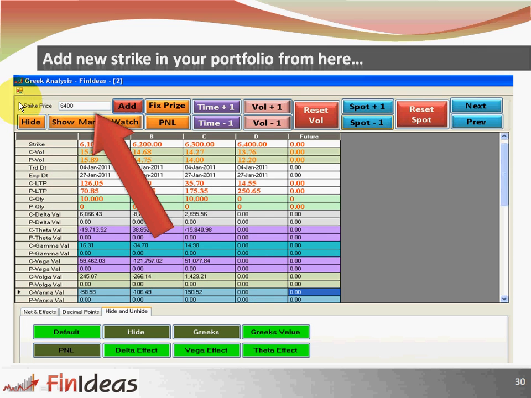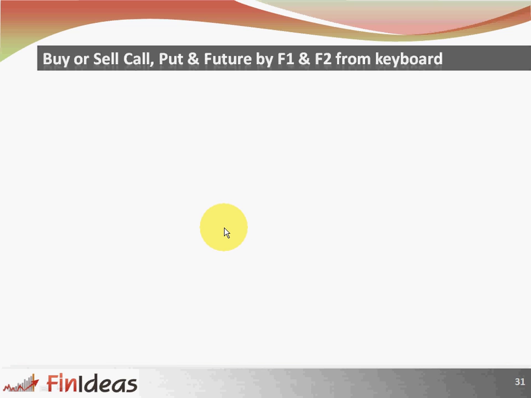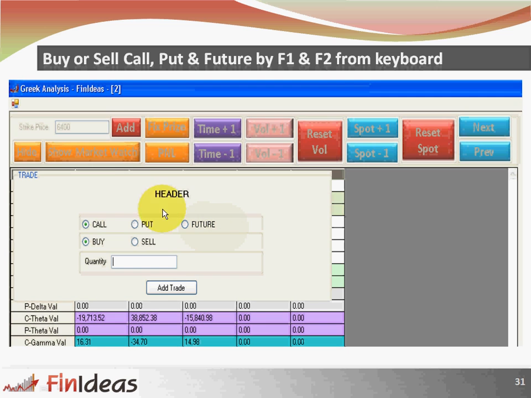As I told earlier, you can add a new strike just by writing the strike price and clicking on the add button. You can buy or sell call, put and future just by clicking the F1 and F2 buttons on the strike price. F1 is for buying and F2 is for selling. You just have to write down the quantity and you can add them. So automatically it will get bought or sold.